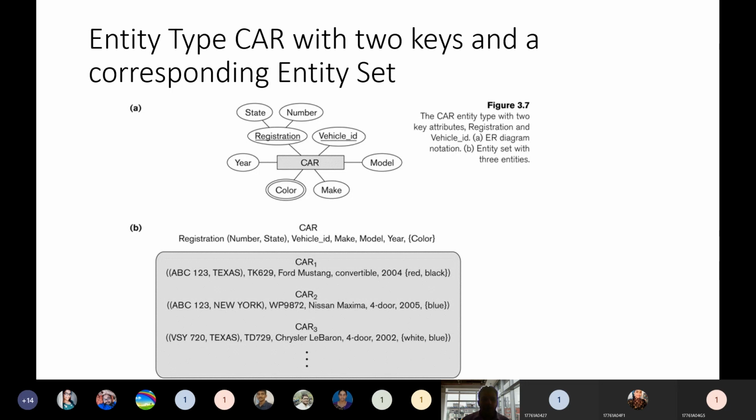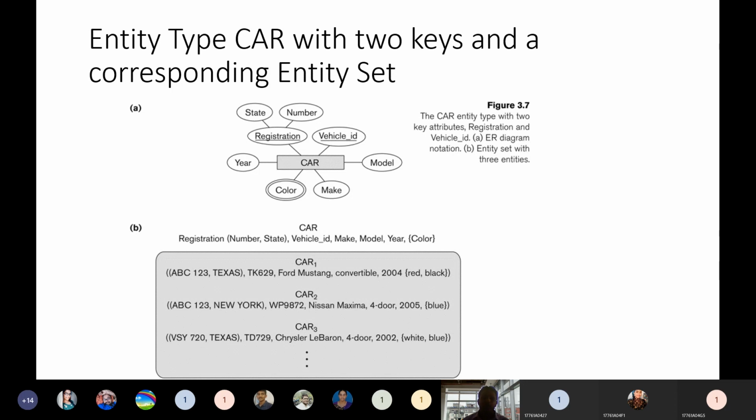If you see above that box, they have given the schema. The first attribute is registration, but that registration is formed by using two attributes, number and state. Within the table we see number, state, vehicle ID, make, model, year and color.